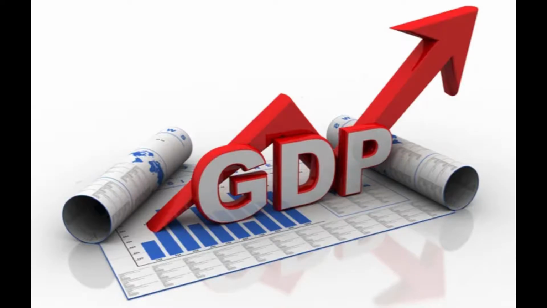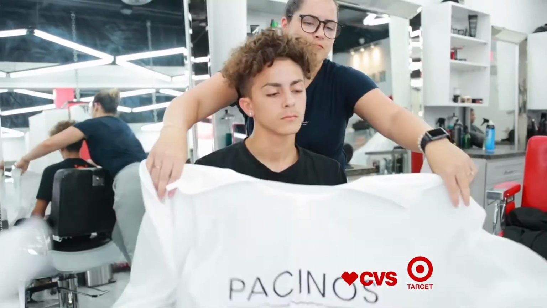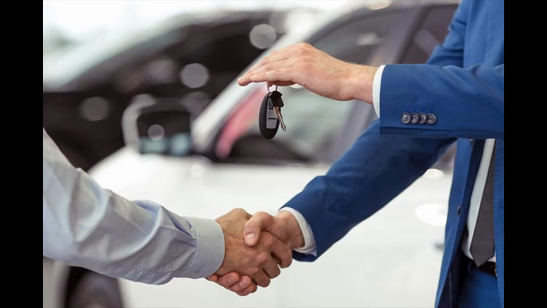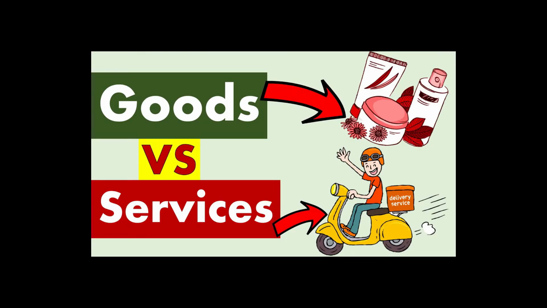A recession is measured by the GDP. What is a GDP? The coffee you take also contributes to GDP. The haircut that you get also contributes to GDP. The car you buy also contributes to the GDP. So the GDP is the gross domestic product, which means it's the amount of goods and services that are produced